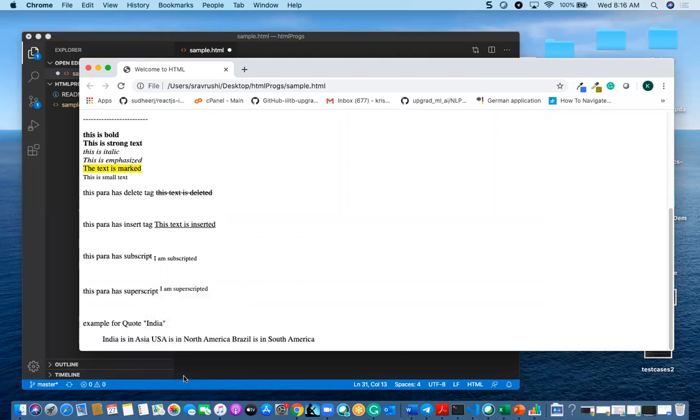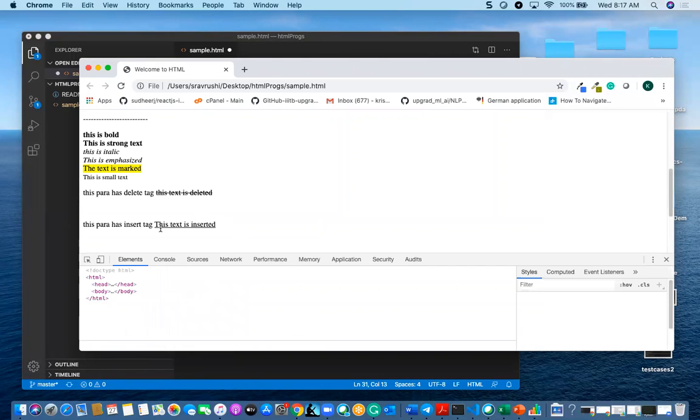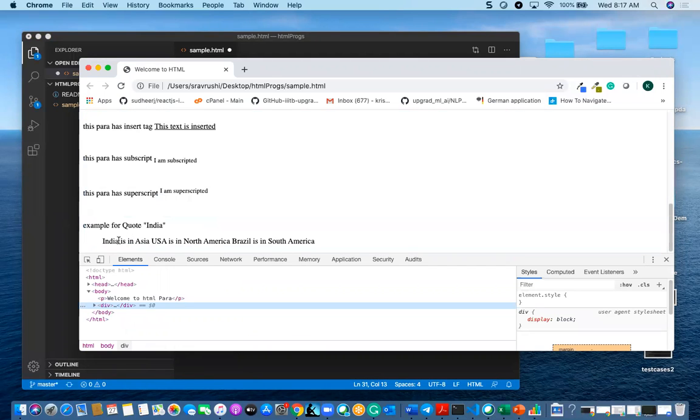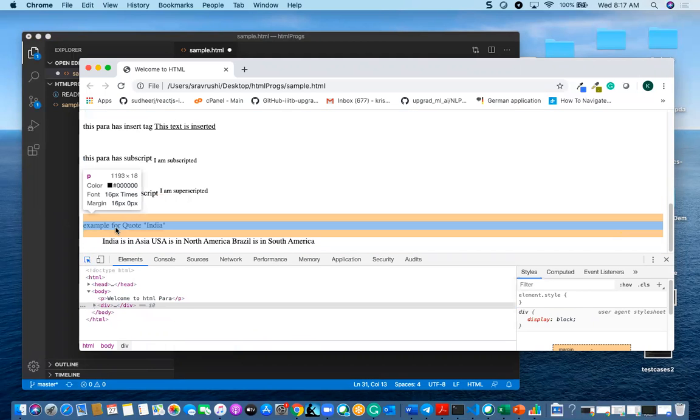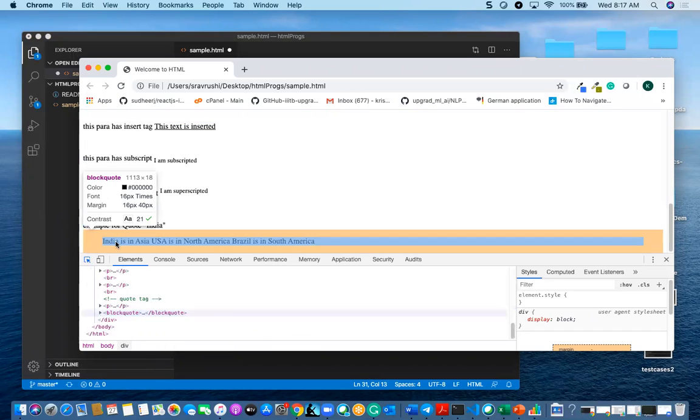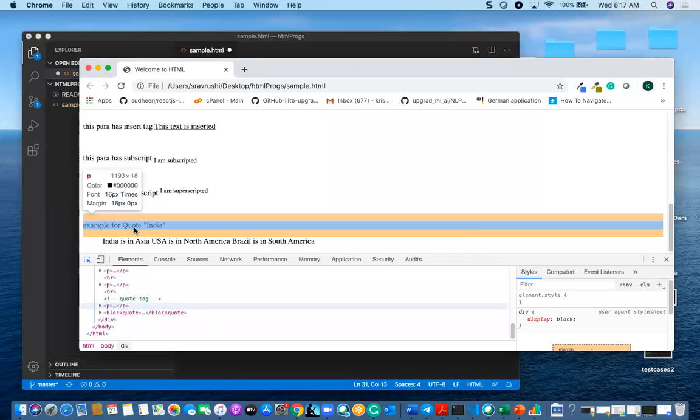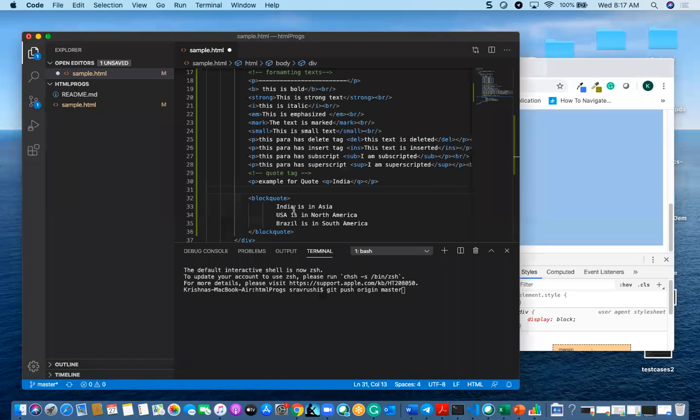If you see some block quote alone, it will have one specific block of its own, and it will be separate, starting with paddings and margins. But this will be starting from the very first index itself. That's the difference.